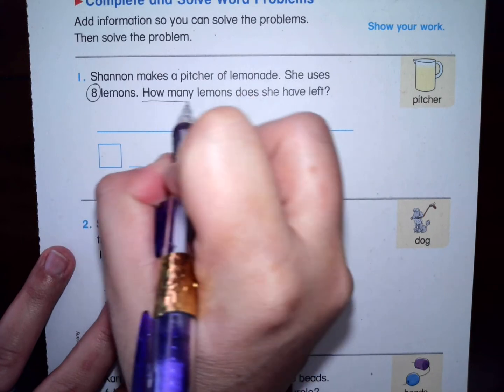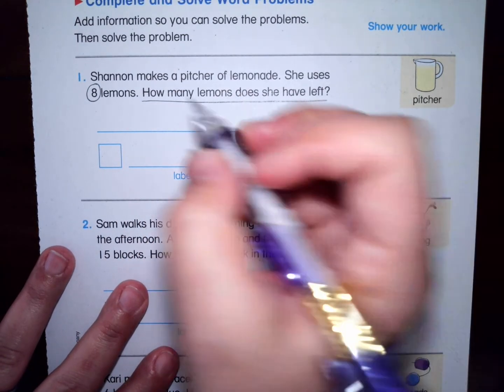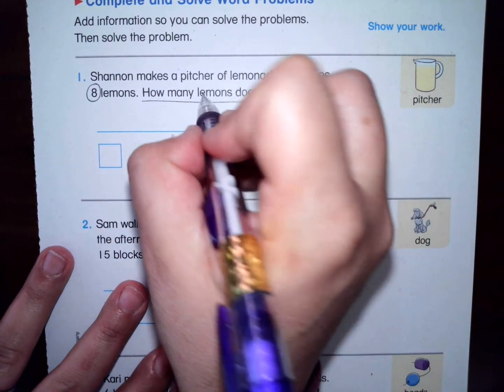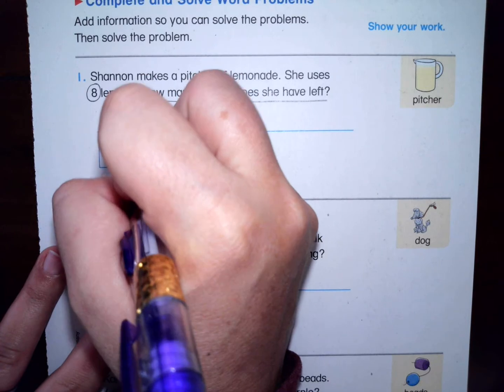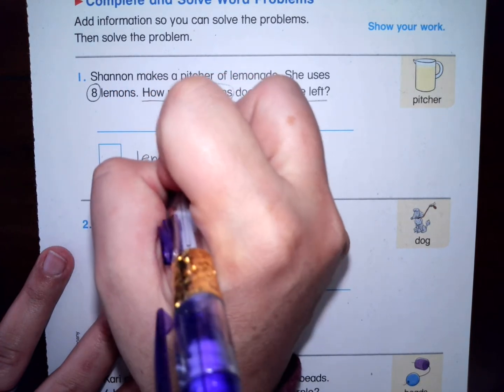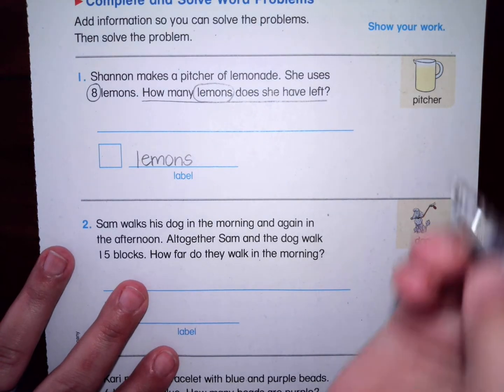I'm going to underline my question. When I underline my question, I can see that my label is going to be lemons. You want to write it right now, you can. Now let's see if we have any clue words. I see the word